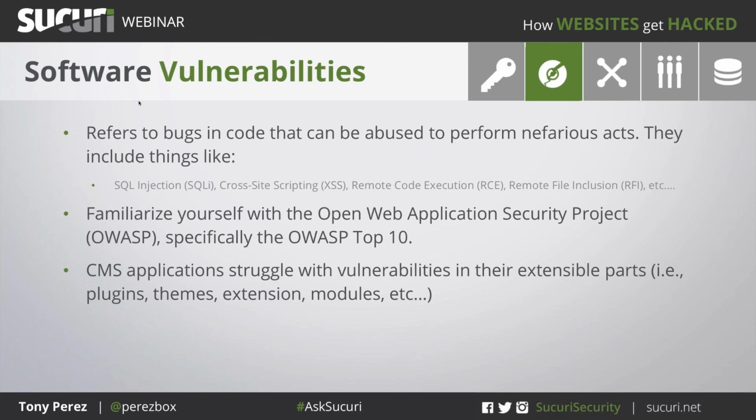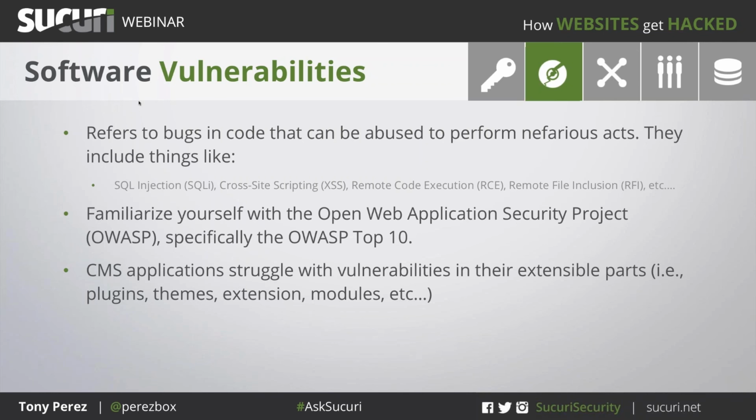I encourage everybody to become familiar with OWASP, the Open Web Application Security Project. They do a really good job about every 3 years sitting down and trying to understand what they consider to be the top 10 issues affecting websites. They actually have about, I think, 256 different types of vulnerabilities. I may be wrong on that number. It's been a while since I looked at it, but they do offer a lot of great recommendations, like cheat sheets on cross-site scripting or cheat sheets on SQL injection. It's not designed to be all-encompassing, but for someone starting out from a development standpoint, they can start looking at that. And even as website owners, it's good to be familiar with the potential vulnerabilities and how they occur.